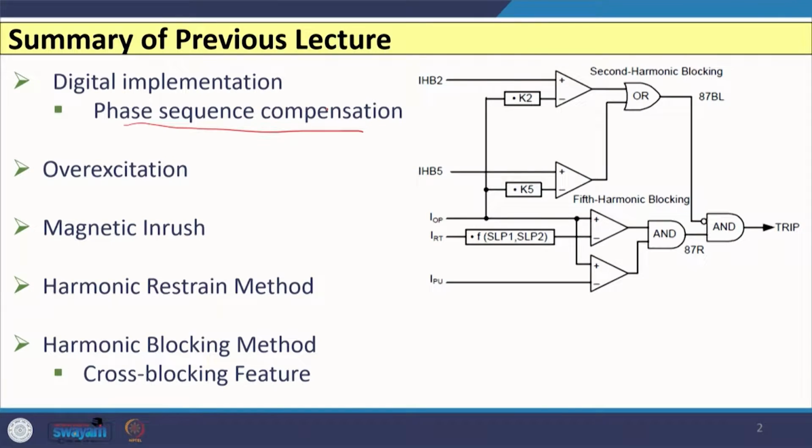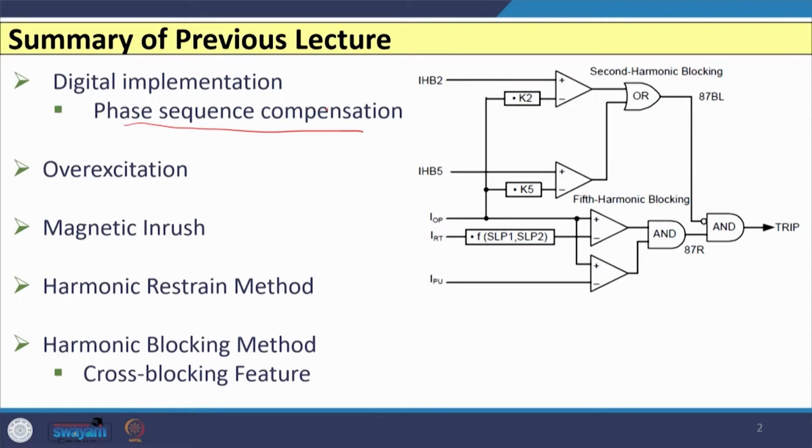Hello friends. So, in the previous lecture we have discussed the digital implementation of the differential relay that is applicable for the protection of power transformer, and in that we have discussed the third case, that is if we want to compensate the inherent phase shift in the transformer, specifically when delta winding and star winding both are involved, then we have to go for phase sequence compensation,